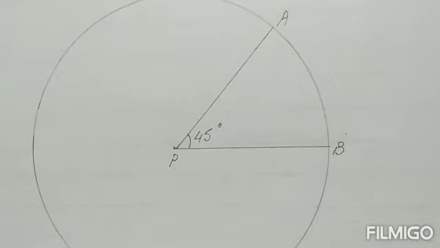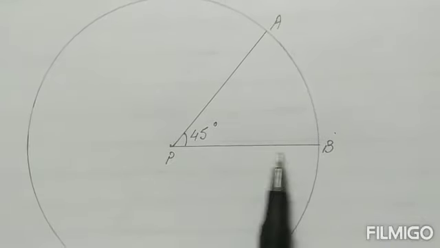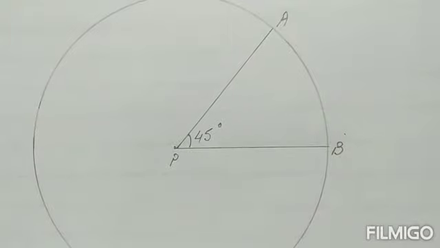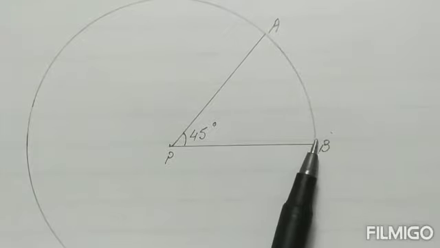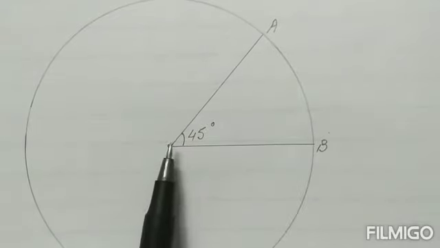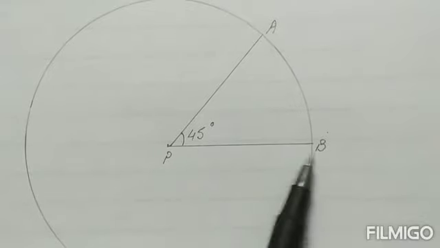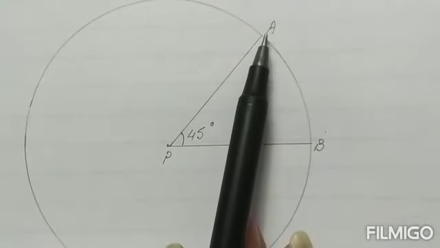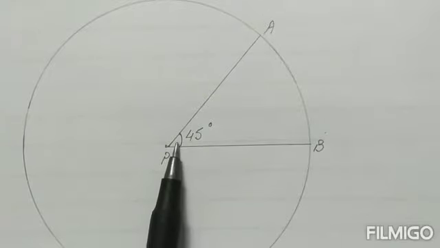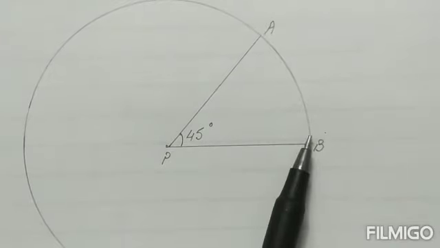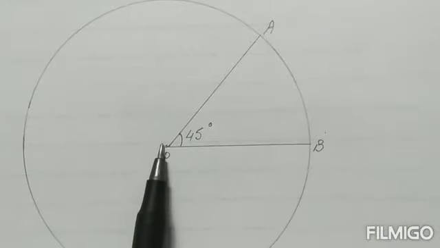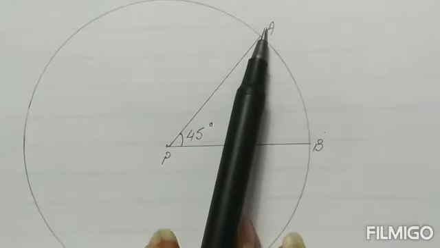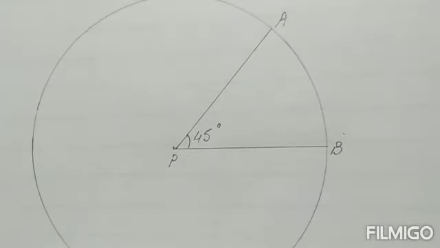In question number 5, children, we have to draw a circle with the radius which is given as 4.8 centimeters. Now first you draw the circle with the radius 4.8. Then the center is given a name as P. We have to join this PB by a straight line. This is the radius, children. And then we have to make another angle APB, which is a measure of 45 degrees. Now in order to make this angle, you need to use a protractor. Keep your protractor over here, measure 45 degrees and make an angle of 45 degree.